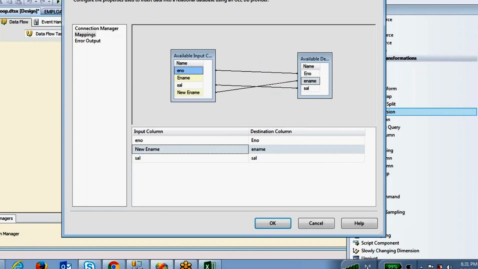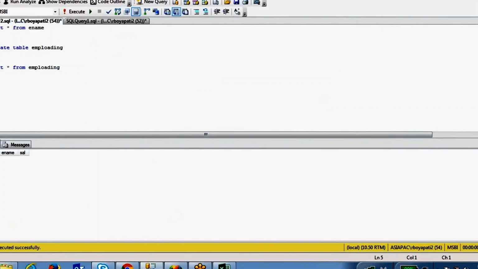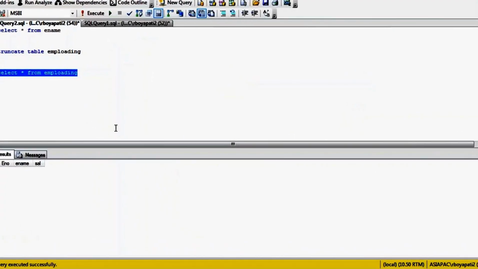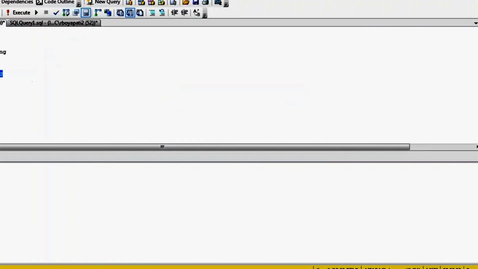Can it allow us to add more columns here as well? More columns means you want to map? No, adding more columns. I mean, we are giving employee number, name, and salary. If I want to add another column, it doesn't allow. Yeah, if you want to add that, you have to add it in this table, because these columns are whatever columns exist in this table: employee number, employee name, salary.